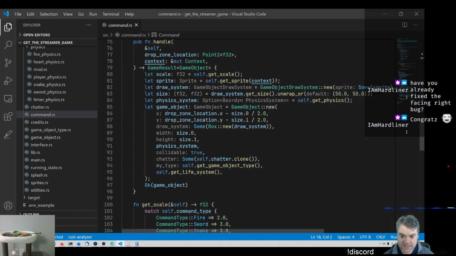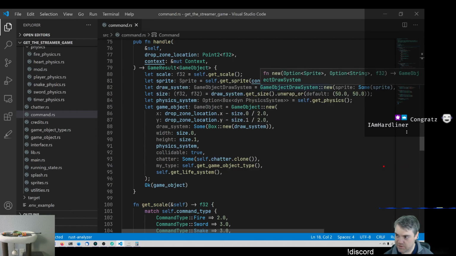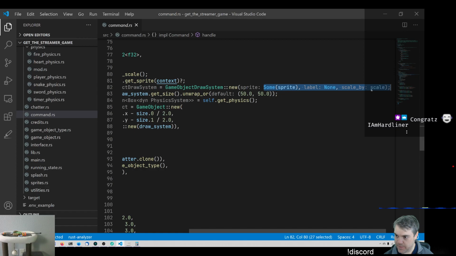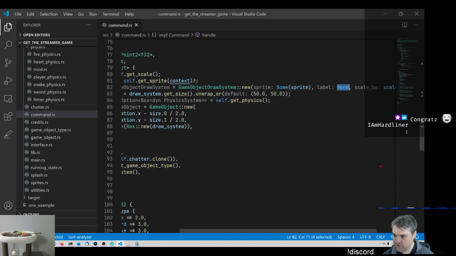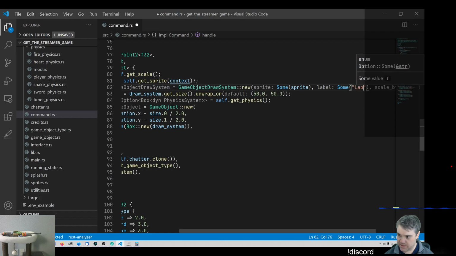Is it the draw system? The draw system new. Hold on. Yeah, here it is, label. So I could put a label in right here. So for example, if we replace this with some label,